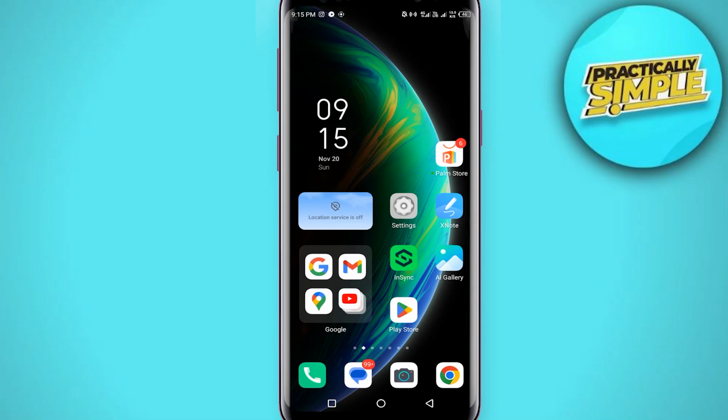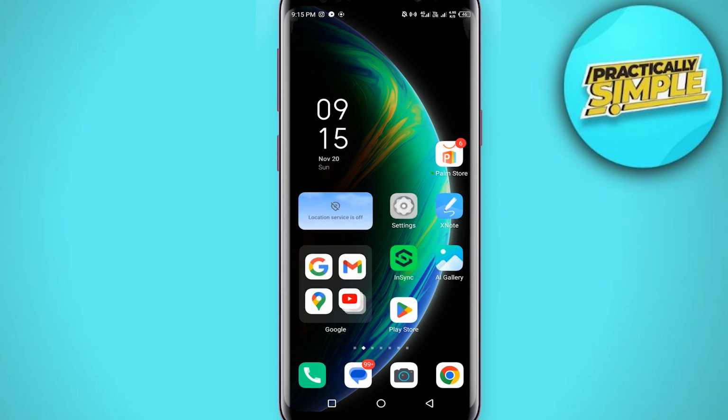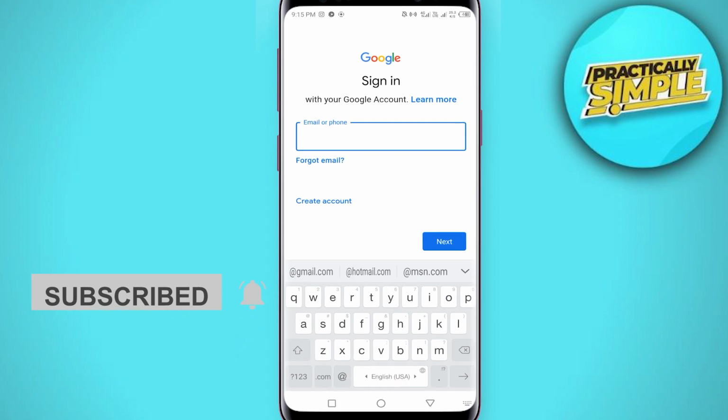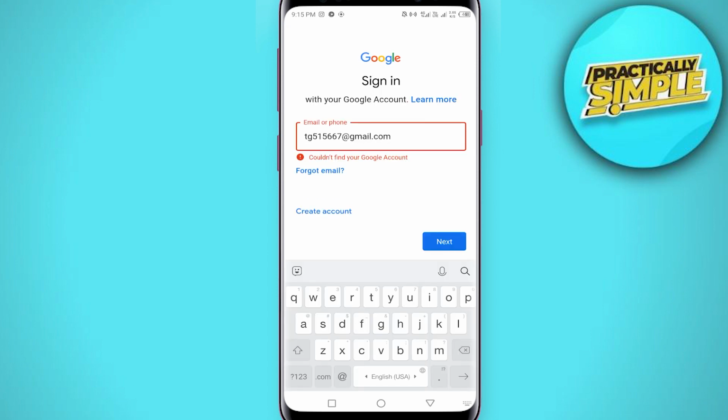In today's video, I am going to show you how to recover your Gmail account without a phone number or recovery email. So what happens when you try to log into your Gmail account? If you forget your password and you click on forgot password and you don't remember your last password or